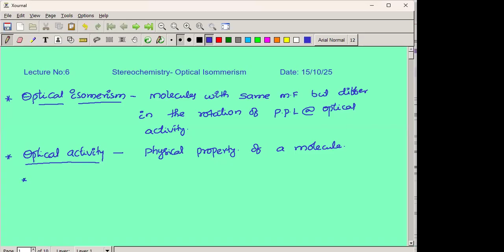When a plane polarized light, PPL meaning plane polarized light, passes through the molecule,